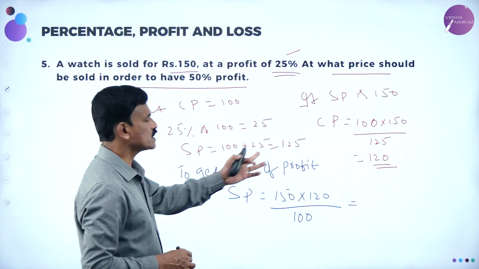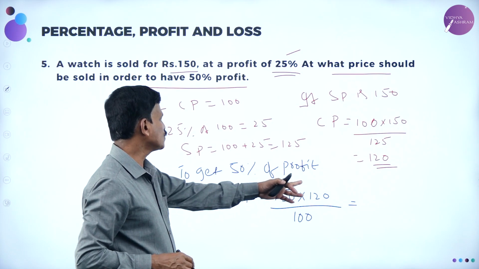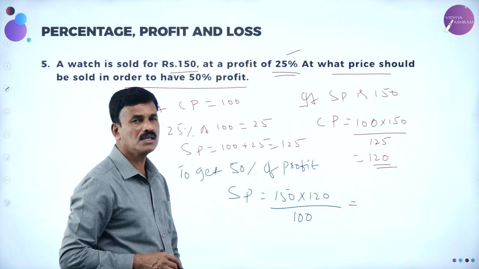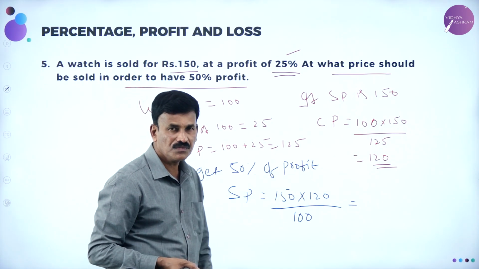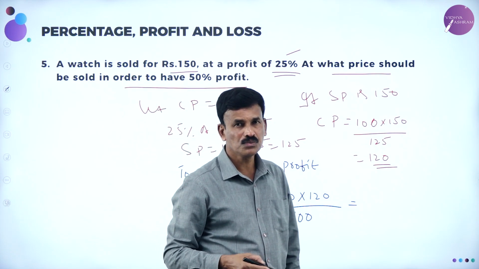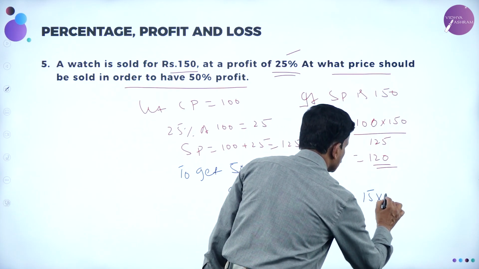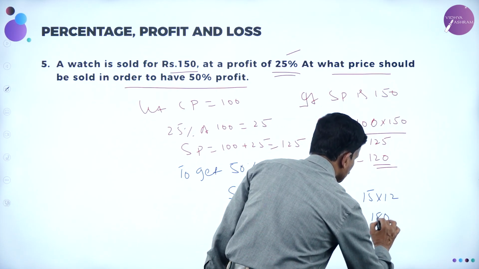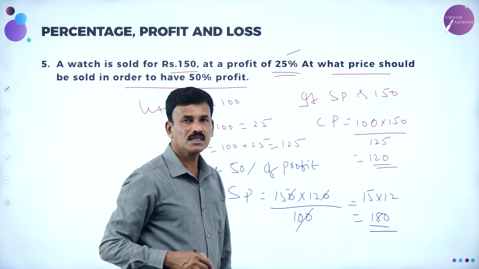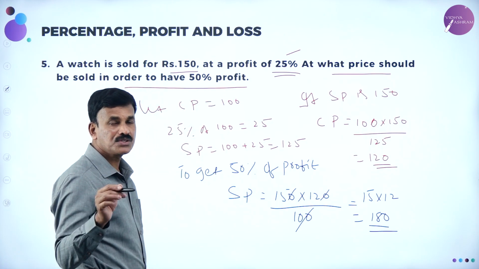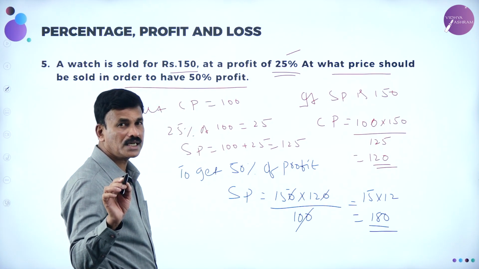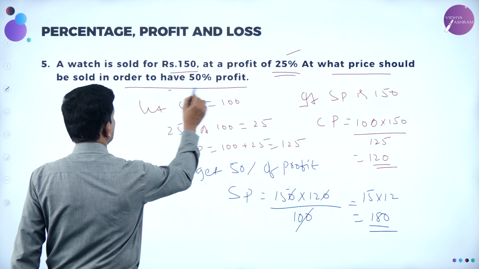So to get 50% profit, 150 into 120 divided by 100 will give the price for a 50% profit. What is that equal to? These two zeros get cancelled. 15 into 12, that's nothing but 180. That's it, right? So therefore, he has to sell that watch for rupees 180 in order to get the 50%